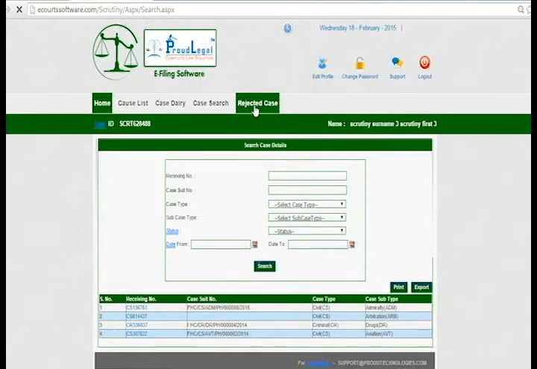So what is in the rejected cases? As I told you in the registrar panel, in rejected cases you can see all the cases which are rejected for petitioners and which are rejected for respondent cases. Right? So right now it is taking time.